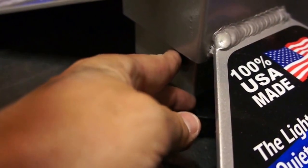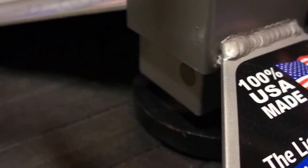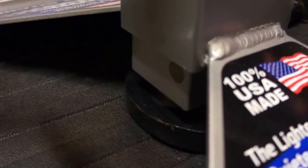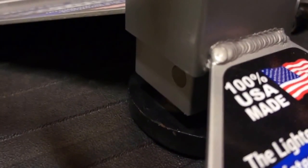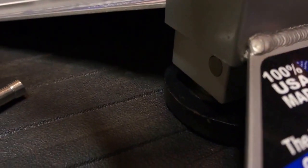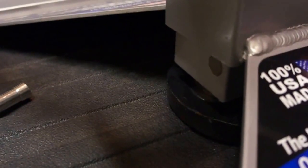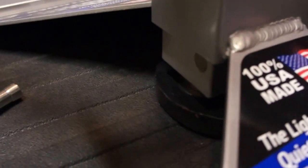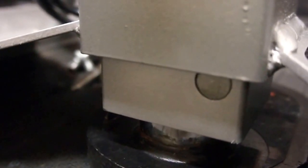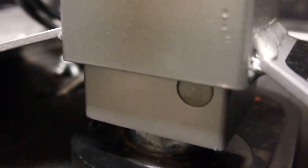Now, it's hard to tell, but the end of that pin is now flush with the hole. And if I take you around to the back, trust me, it looks exactly the same. It's flush to the hole. What that's going to allow to happen is as I tighten the upper tube, just the top middle screw, that sheared pin now goes all the way inside that tube, so